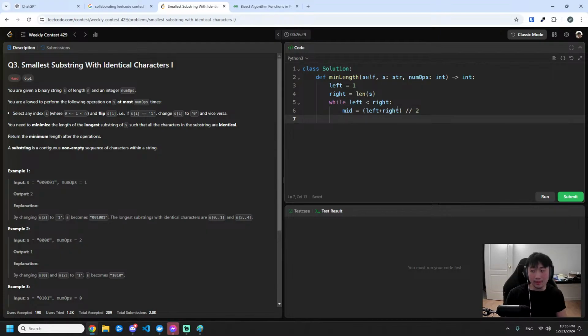So the mid I'll call longest substring, or max sub. And then for i in range